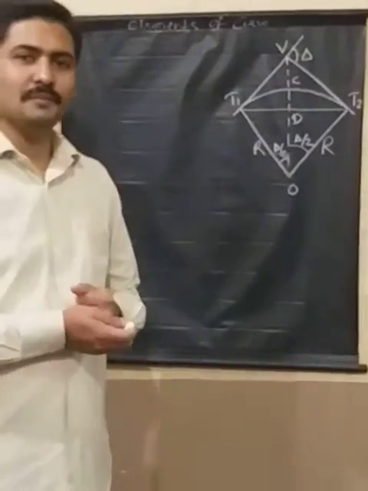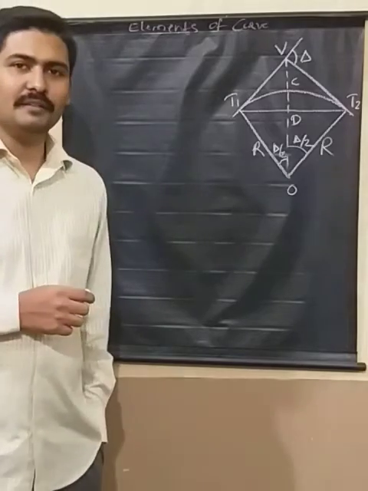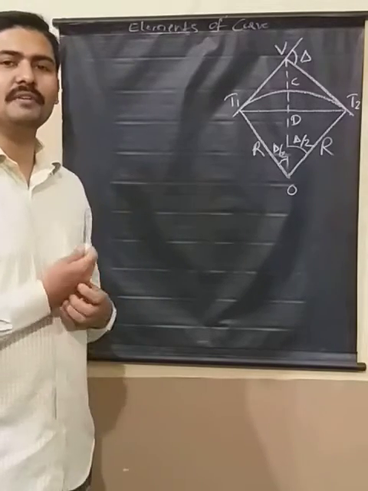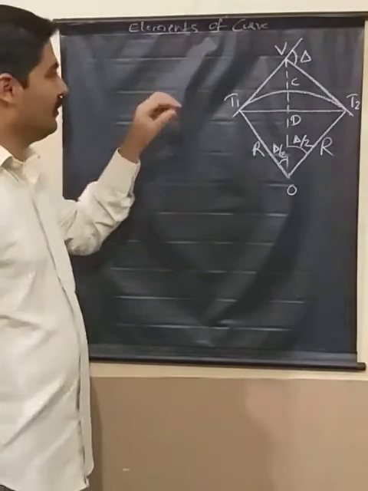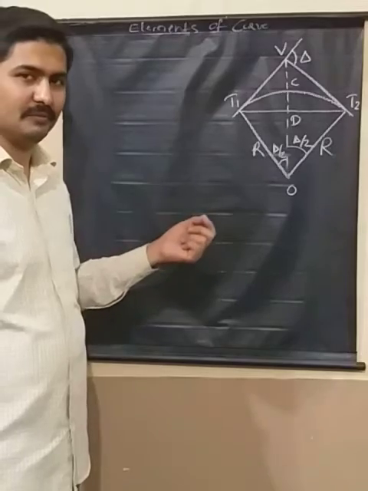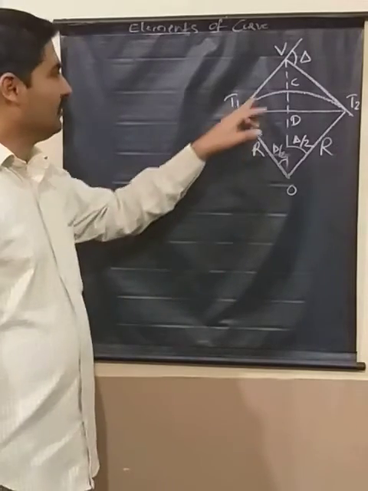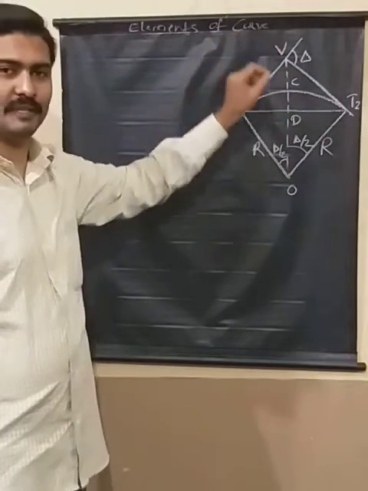Okay, so we will continue with the further section now. The next session is to find out an expression for finding the elements of a curve. For example, if I have to find out the length of the curve, what expression do I have? Or if I have to find out the length of the tangent, then what options do I have?